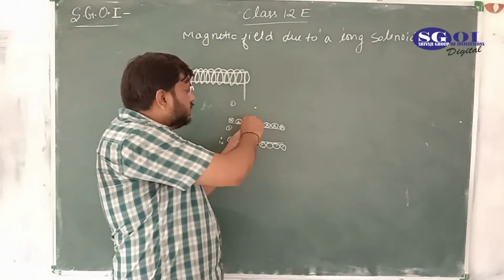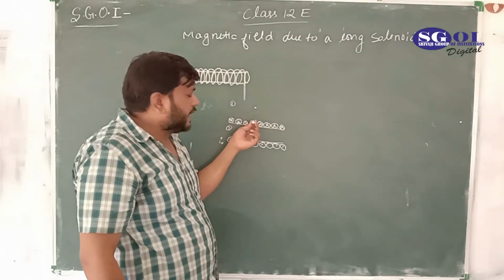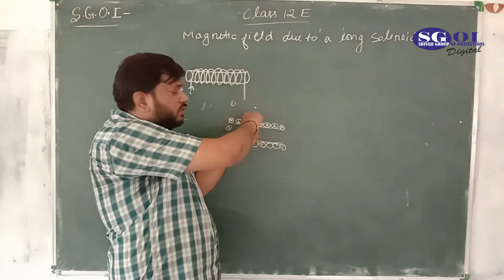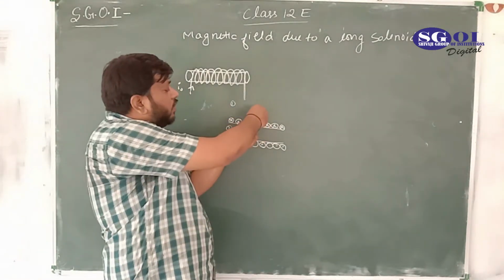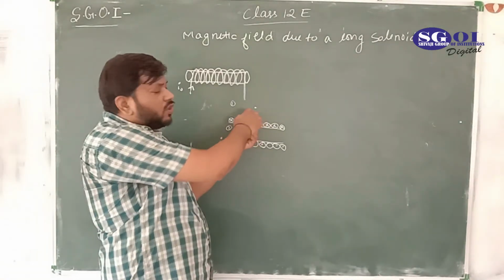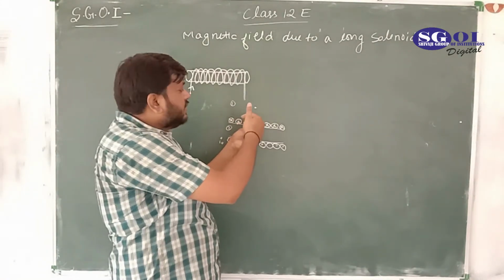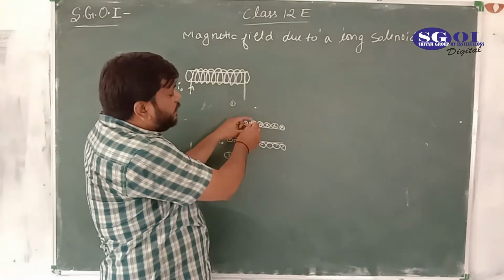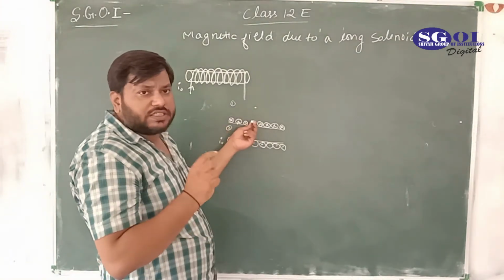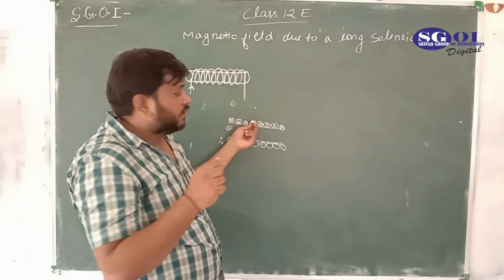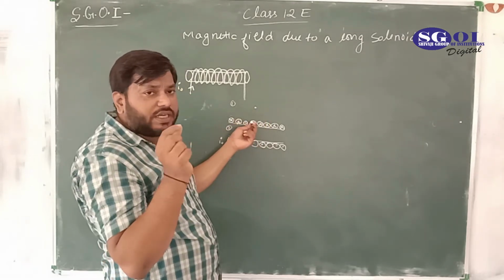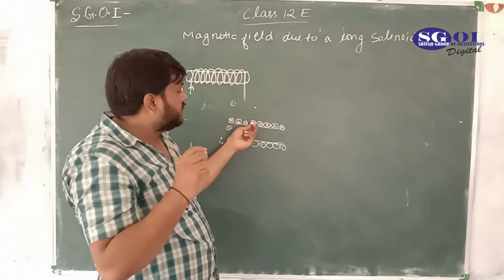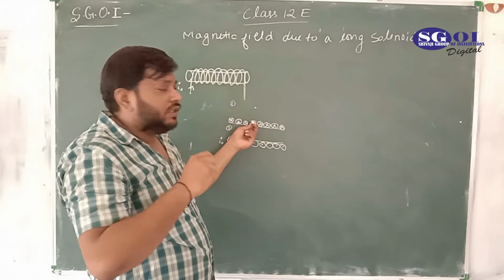We are going to use Maxwell's screw rule to define the direction of the magnetic field at this point. We take the upper part of this screw, because the magnetic field is in the upward direction. We take a single point on this upper part of the screw, and let's see in which direction it is moving when we move the screw.